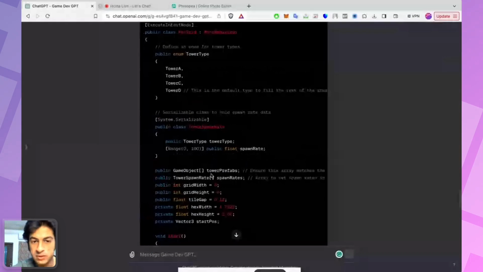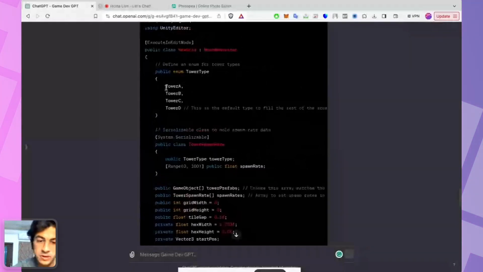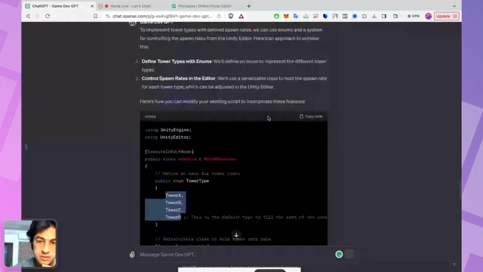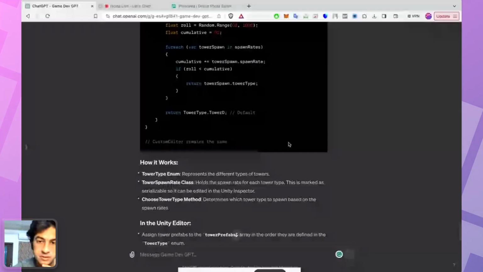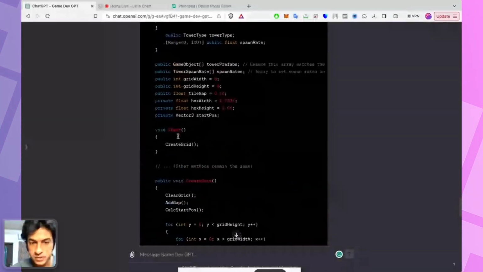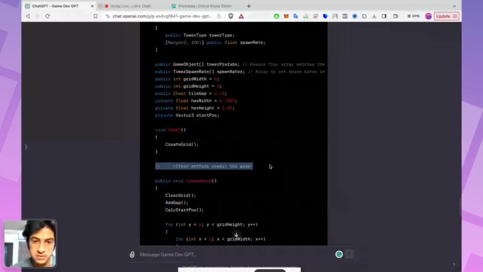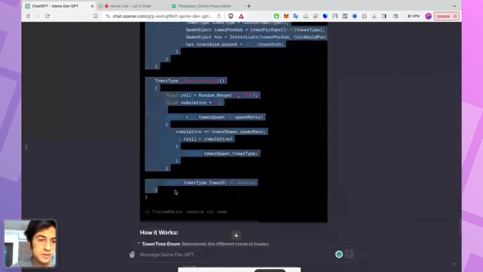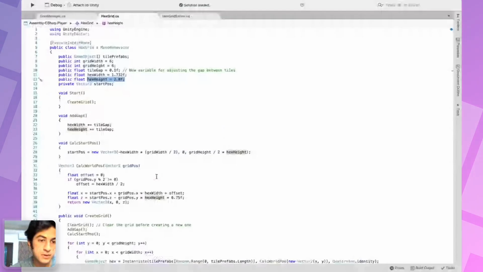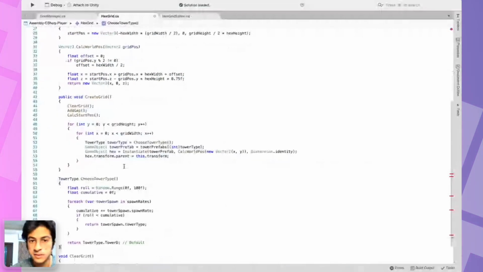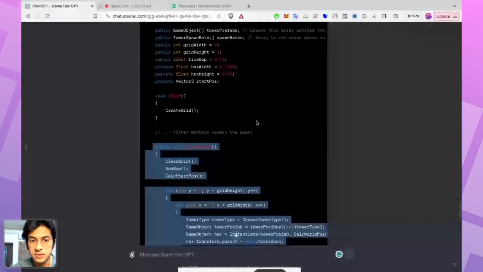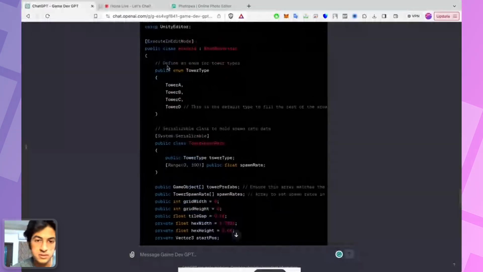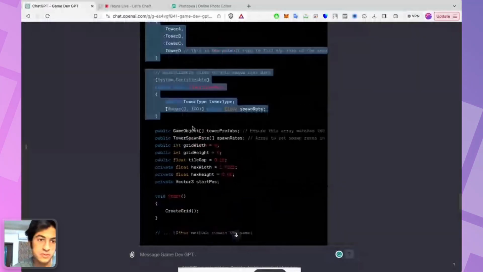So we have to enter it in this specific order: tower A, tower B, C, and D. Let's copy this script. Actually, we shouldn't copy the script, since it hasn't written out all the methods for us. So let's copy the methods it has written out for us. We copy the enum, we copy the class, and we should be good to go.